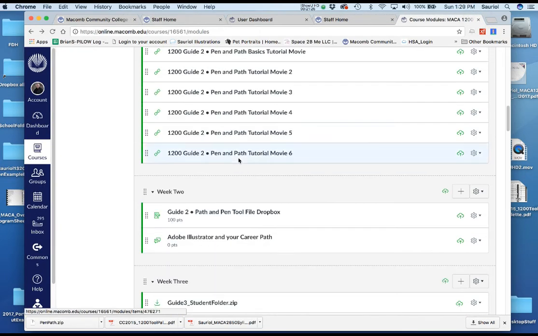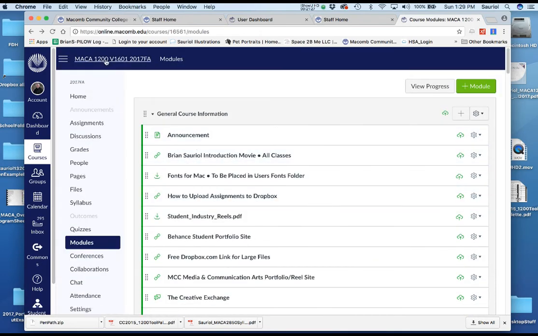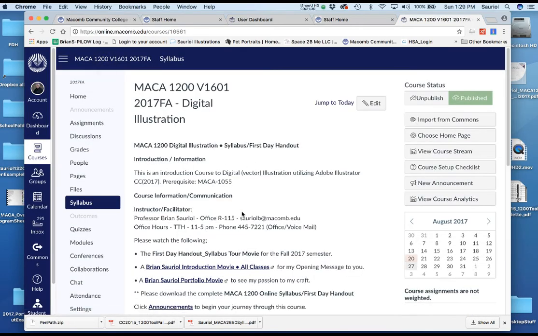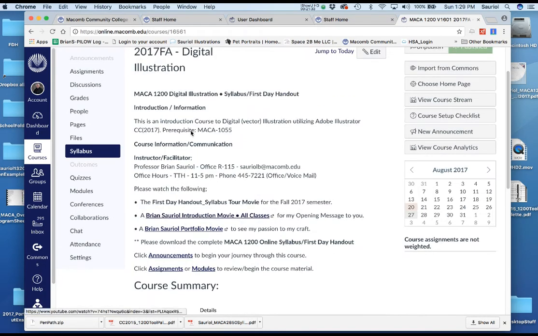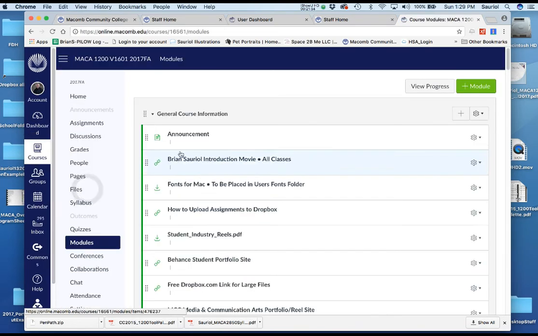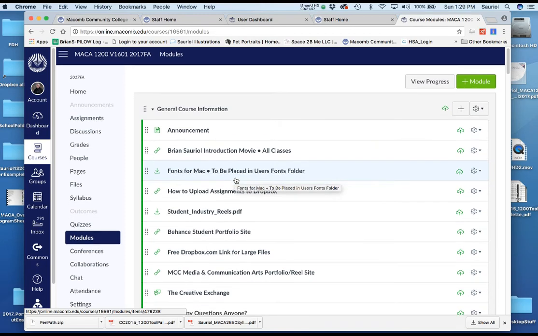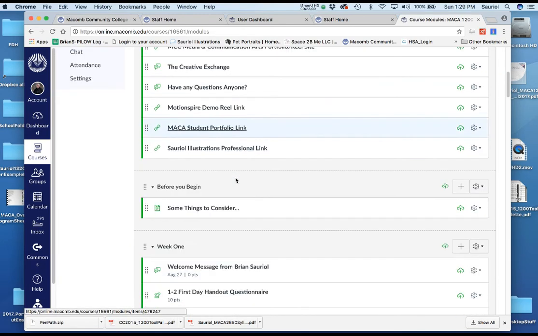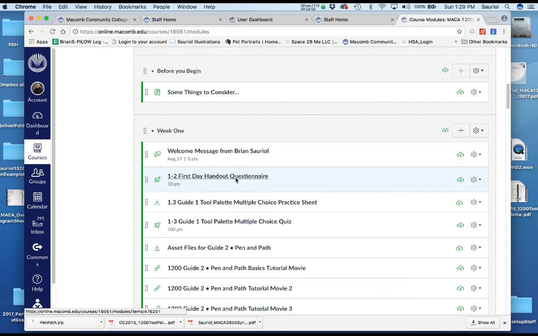So let's review for a second. When you get to Canvas and you click and you see this introduction page, this is your first page that will always be in Canvas. It might not look exactly like mine because mine, of course, is the instructor's version. Yours has grades and modules. That's pretty much all you have to do. You don't have to click this other stuff, honestly. When you're ready for the modules, click modules. Modules are like the weekly files and folders. If you have any questions, please let me know.